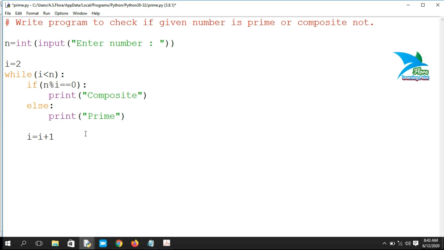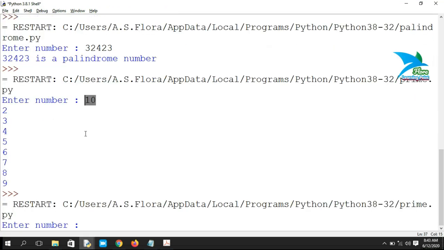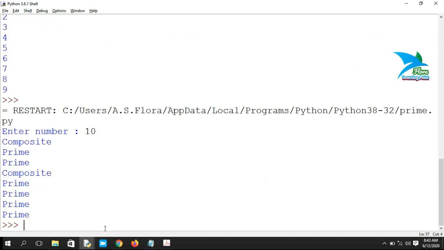If you run this code, it's not a complete code basically. Let's suppose I'm going to check if the value 10 is prime or composite. In the first iteration, 10 will be divided by 2.